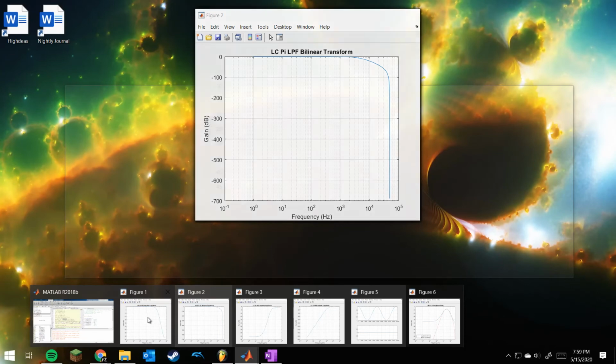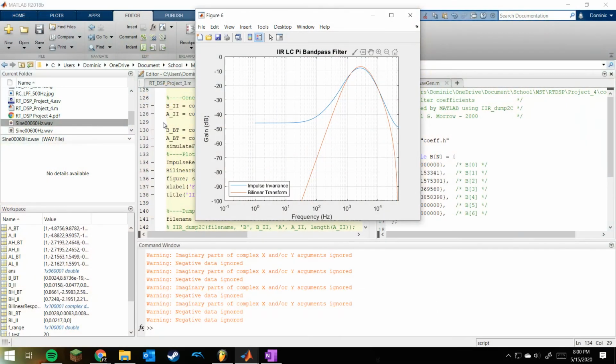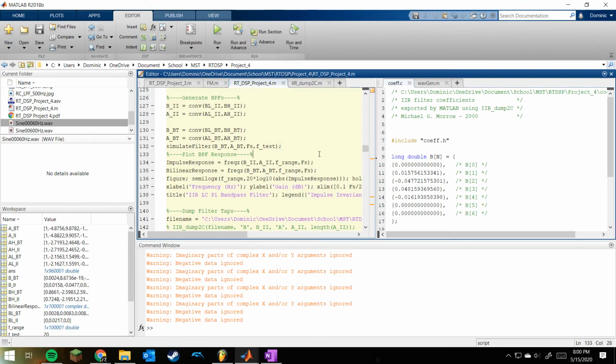Whereas for the impulse invariance, it just goes down and then stops at about between negative 45 and negative 50 dB. But the bilinear transform just drops off so hard because it takes a lot more. I'm trying to think of the way to say it, but I guess I don't really understand it much myself. I mean, it warps. That's pretty much the only way I can explain it. Okay. Well, with that said,